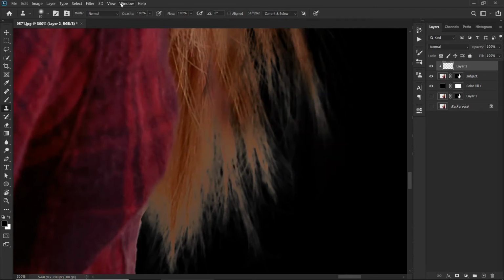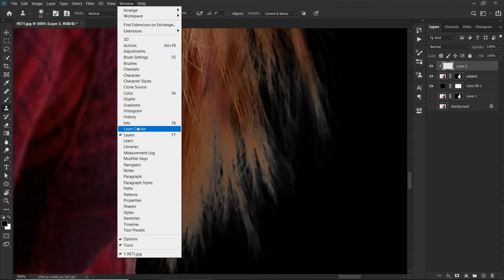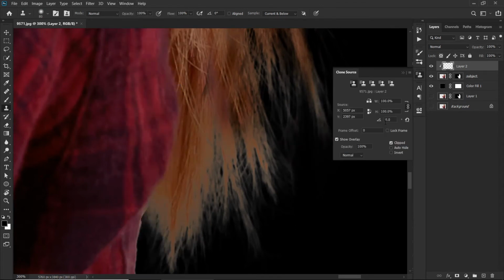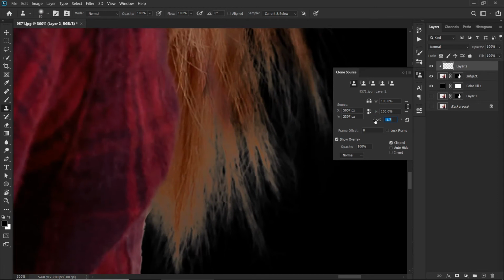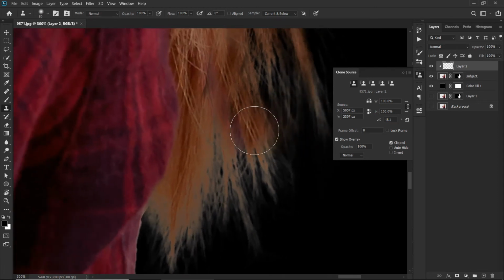So what you need to do, you simply go to Window and then select clone source, and it will open a dialog box, and you can adjust the angle of this brush from this dialog box. So we need to rotate it towards left hand side, so I need to select an angle in minus degrees, and okay.